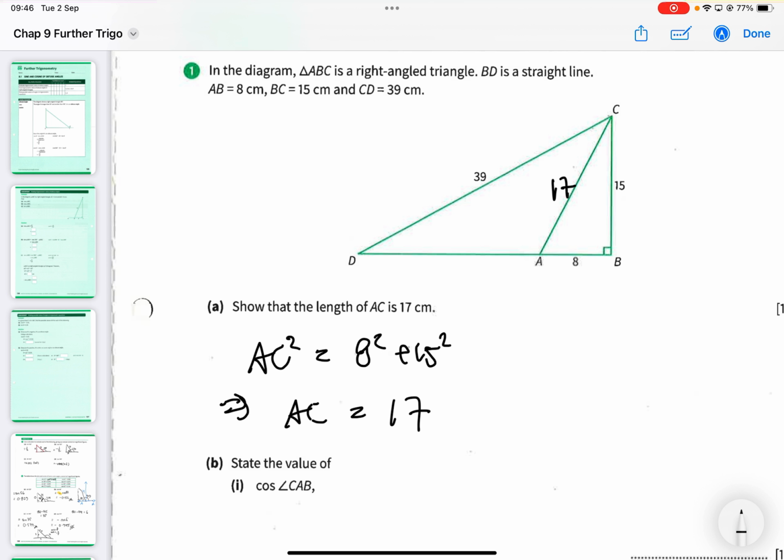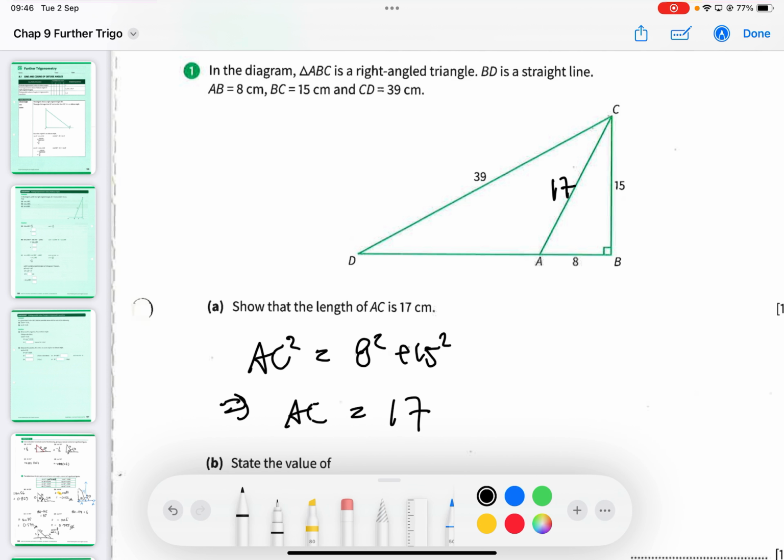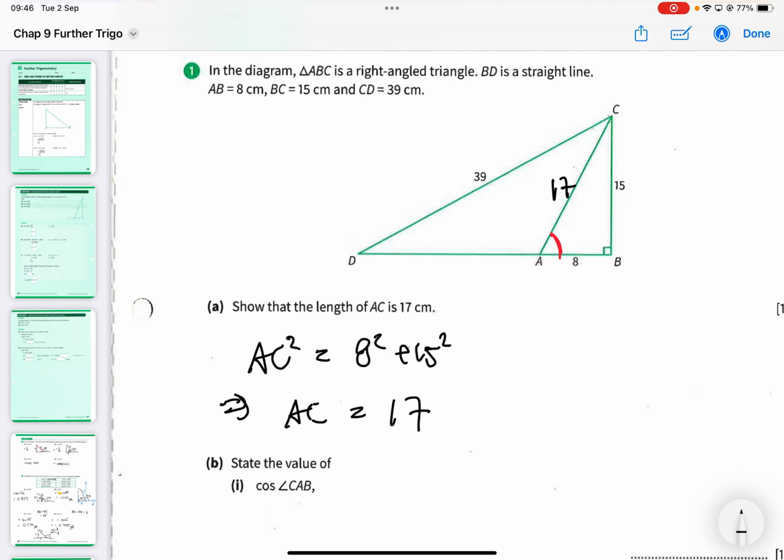Okay, so this part is very easy. Everyone must get this one mark. Then when I'm finding cosine CAB, CAB is this angle inside this small right angle triangle. So again, I have a right angle triangle, my job is very straightforward. Just use Trigo. Cosine is